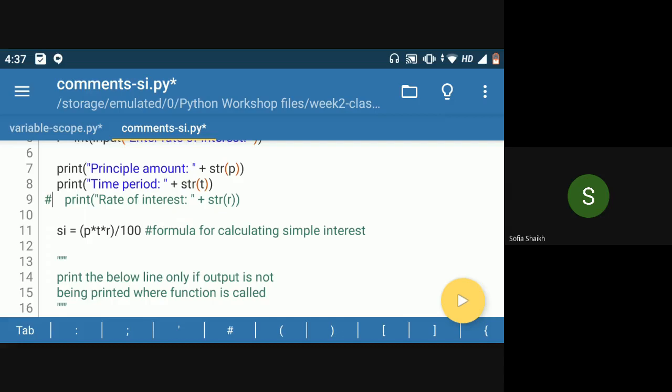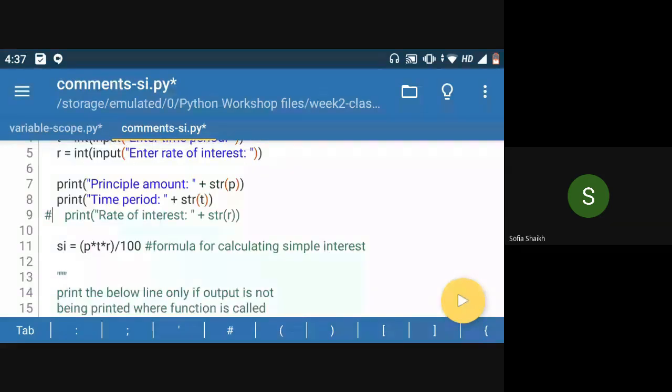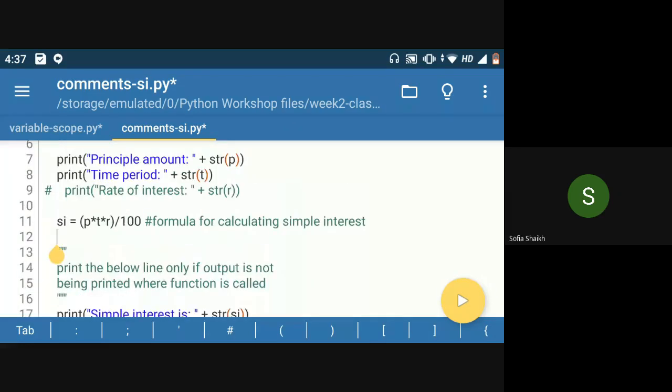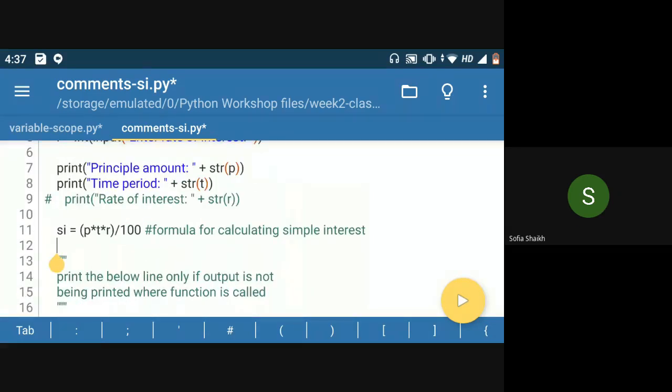Okay, and this is called a single line comment because it is applicable only for the line that has the hash character. So here also in line number 11, if you see after the hash character, whatever I have written has got commented out. The compiler won't consider that. The compiler won't try to run this code, whatever you are writing after the hash character in that one line. So this is only valid for one line.